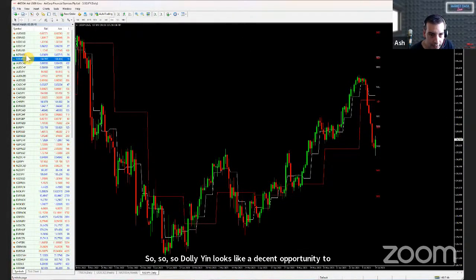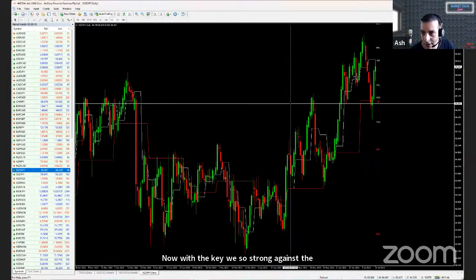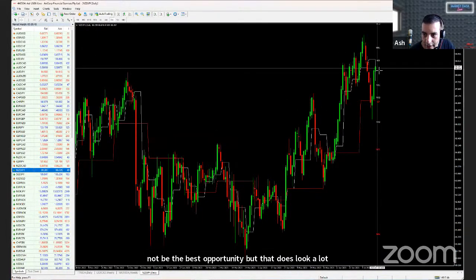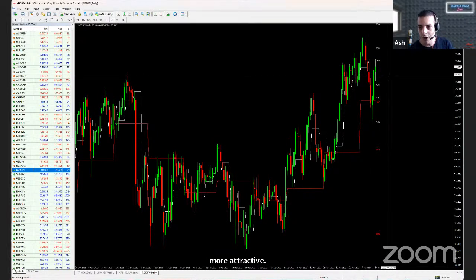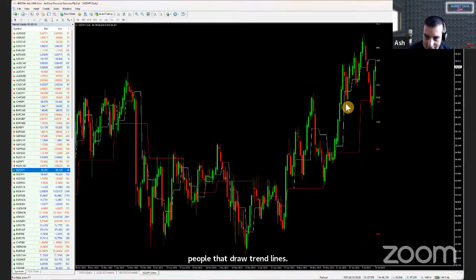And the Kiwi yen as well is another one. Now with the Kiwi so strong against the dollar, it may not be the best opportunity, but that does look a lot more attractive. Look at that. That's a really attractive zone. Now, many of you don't draw trend lines, but if you are people that draw trend lines, then this little dip here going in there